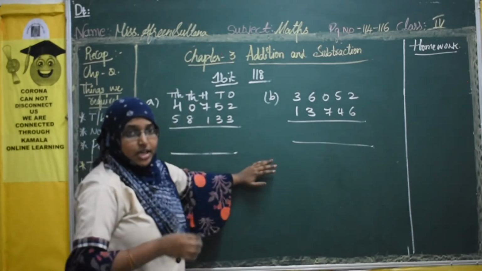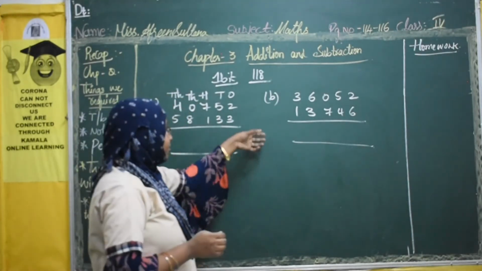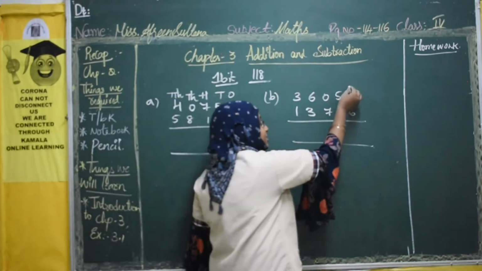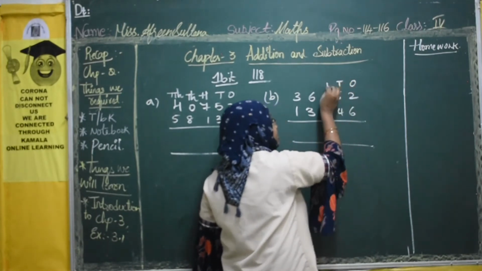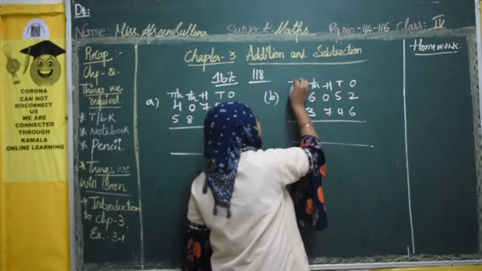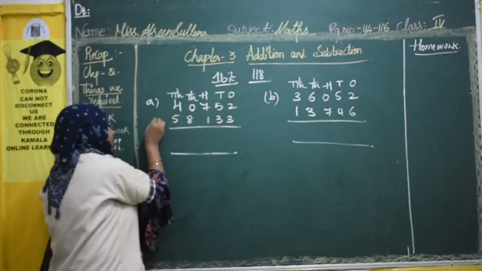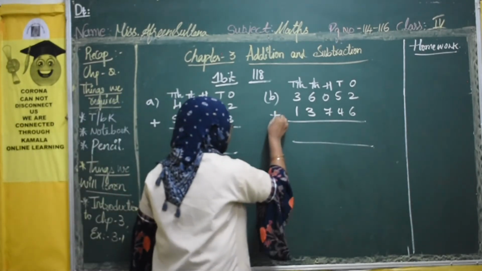See, the coming chapters are interlinked with each other. First chapters where we have learned place values that are being used in our third chapter, right? Next, ones, tens, 100, 1,000, 10,000. Now this is what they have given. Let us add. Addition, we use the operation symbol is plus.